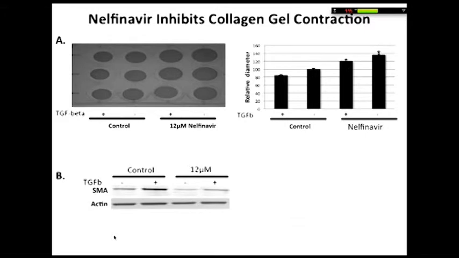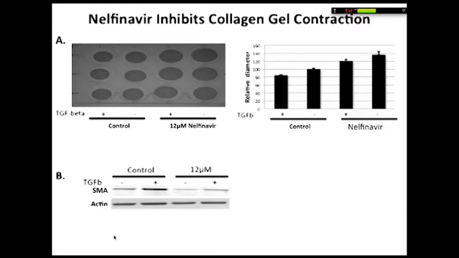This is some work, because this has been discussed at this conference, that, well, this is done on plastic. How about if you put it in a three-dimensional matrix, and what would be the biological effect of doing these sort of things? And so here we have an assay of contraction, and it's shown on the right. What's illustrated on the left is that with TGF-beta, you get contraction of the gel, but with Nelfinavir, this is blocked. And Andy, I can already hear you thinking, would this lead, because of the relaxation, to an increase in apoptotic cell death? That's a good thing to think about, but we haven't done it yet.